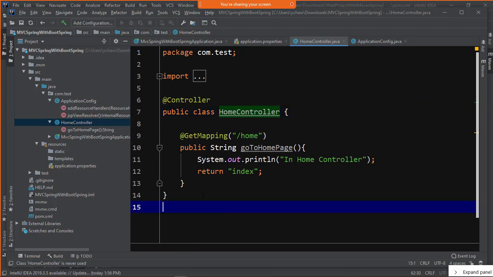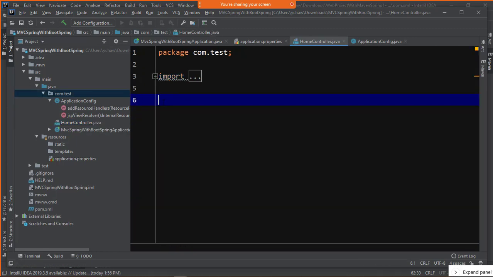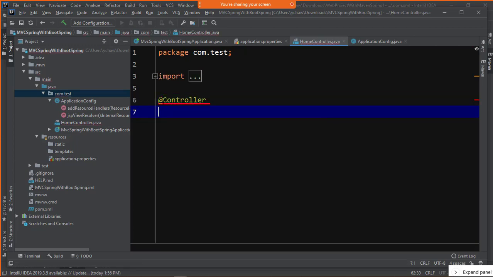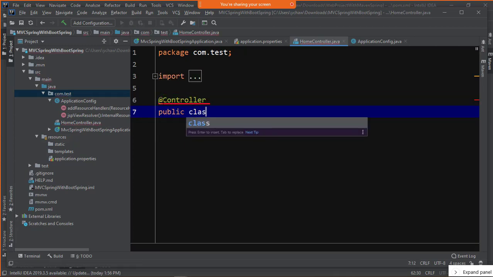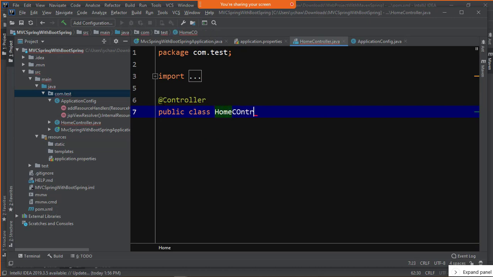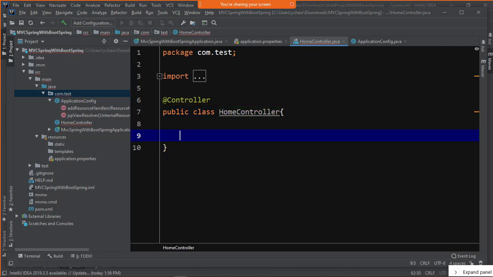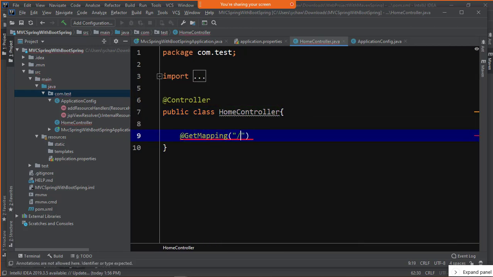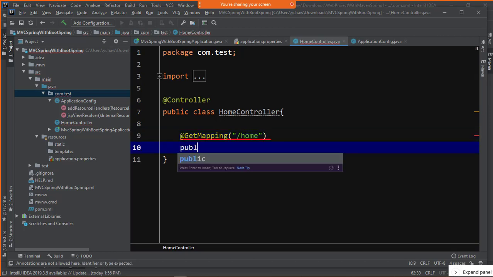I can recreate this entire thing, right? I can again say that this is a controller. There is a class with the name home controller. I could have said this class will receive a URL pattern with the name home, right? This will relate to a method which will return a string.